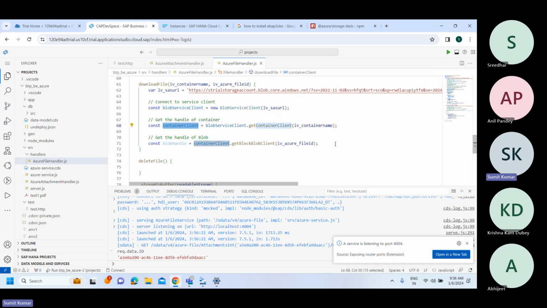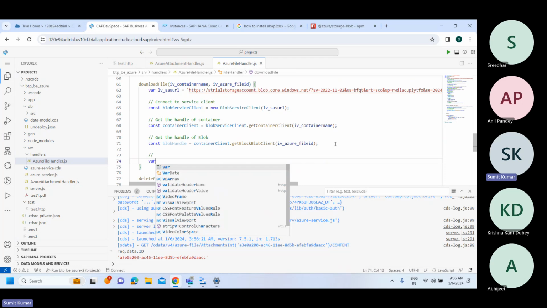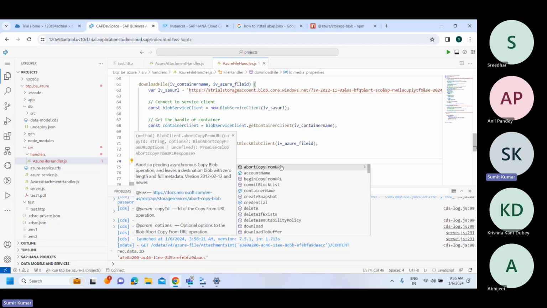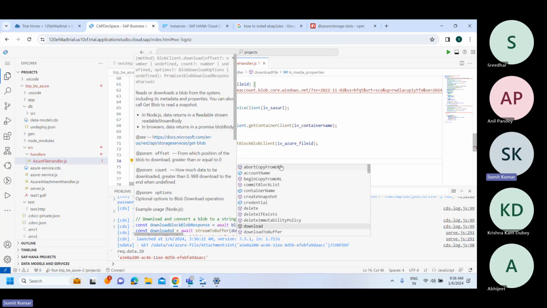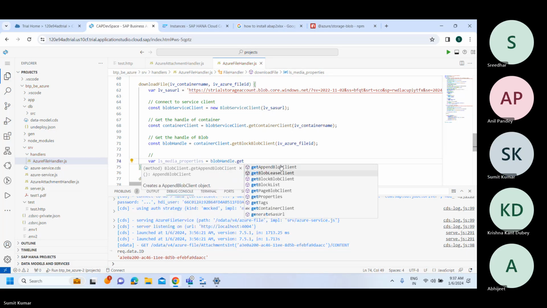Okay. So we can get this information in multiple steps. First, we can check what all it comes up with. So I'll say I would like to get some information, for example some media properties, let's just call it that. At this point, we'll say blob handle dot. Let's see what all it comes up with. It says whether you would like to download, I can give you a download option, account name, copy, container name, whatever you ask for. Let's see what get information it has. It says get